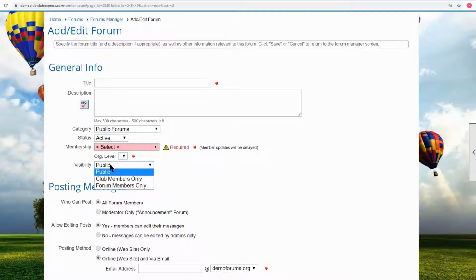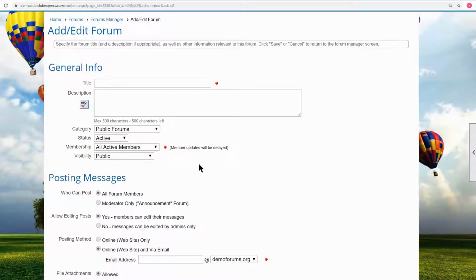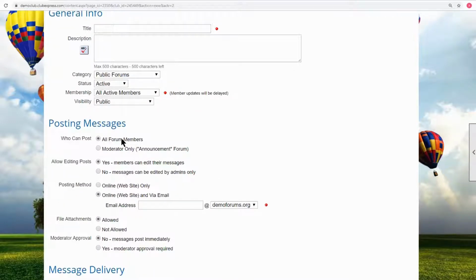You also have to decide whether this visibility is public, or visible to all club members, or visible only to people that are members of this forum. And membership is defined by what we had up here. So then you talk about who can post, members, who can edit their messages.